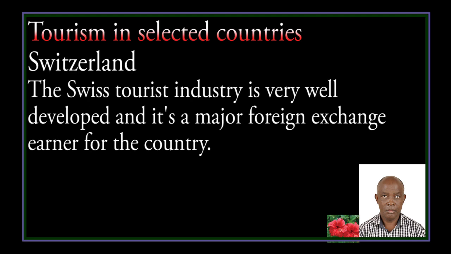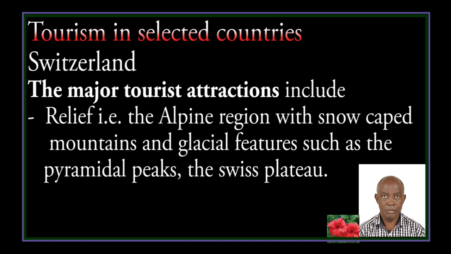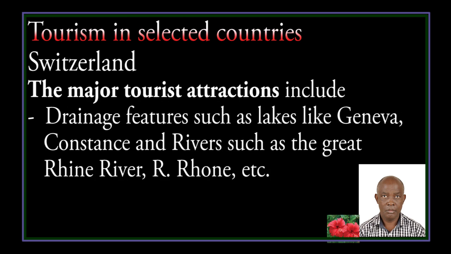Switzerland. The Swiss tourist industry is very well developed and it is a major foreign exchange earner for the country. The major tourist attractions include relief, the Alpine region with snow-capped mountains and glacial features such as pyramidal peaks and Swiss plateau. Drainage features such as Lake Geneva, Constance, and rivers such as the Great Rhone